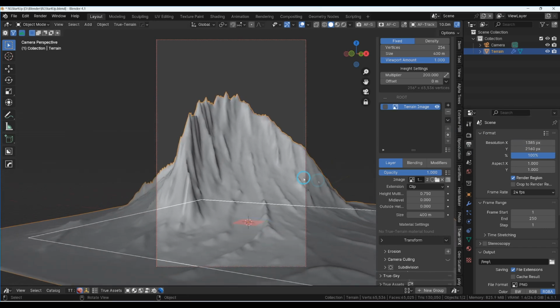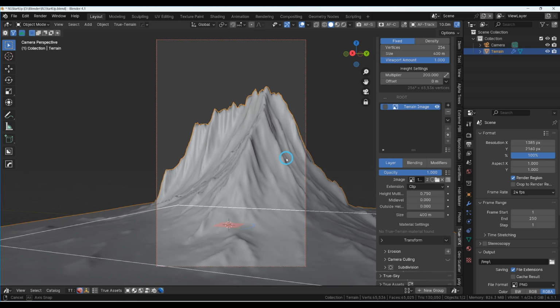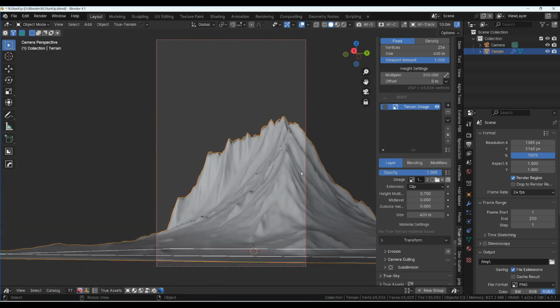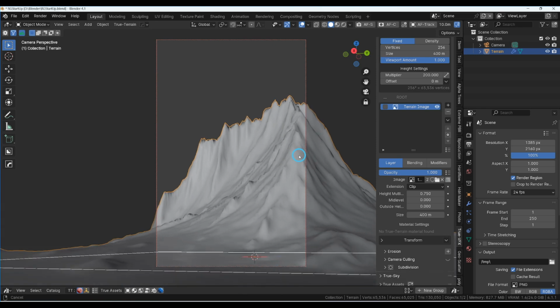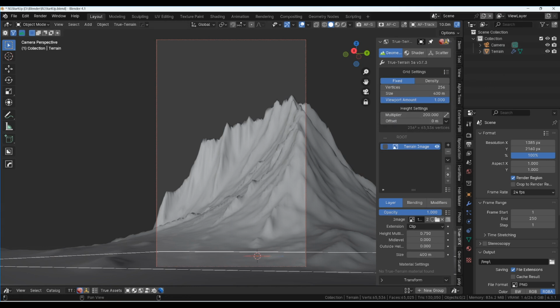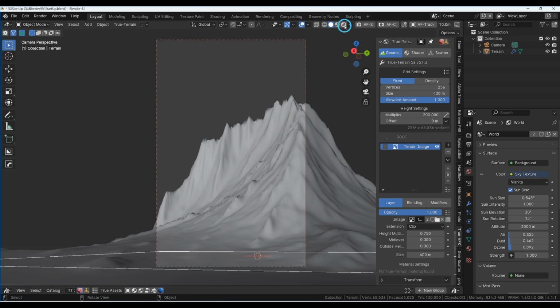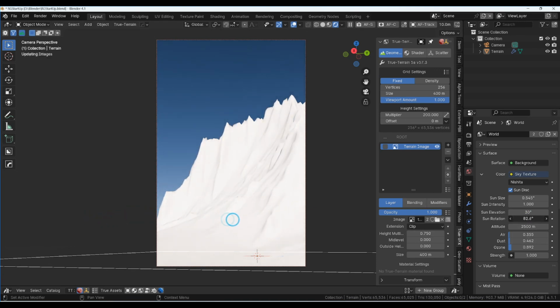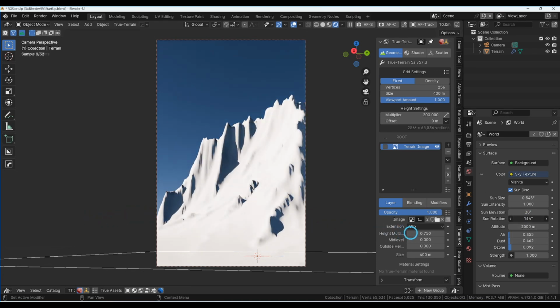So maybe let's do this, something like that, and let's zoom in a bit and go like this. Right. Okay, so the next thing I like to do is to see how my light is set up. I have just a simple sky texture Nishita light setup, and let's change that so we get some